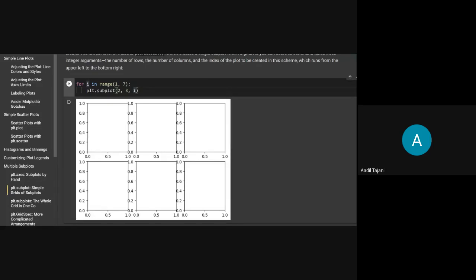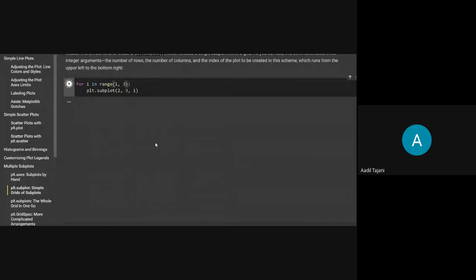As you can see, I used a for loop over the range 1 to 6, and the numbering starts from here: this is the first, second, third, fourth, fifth, and sixth. If I just want the first two plots, then I just have to mention 1 comma 3 and use plt.subplot.